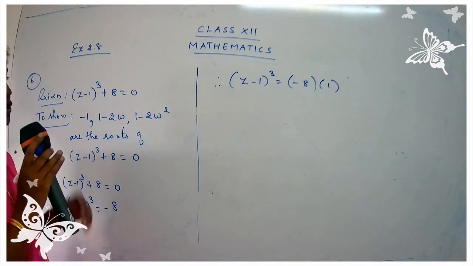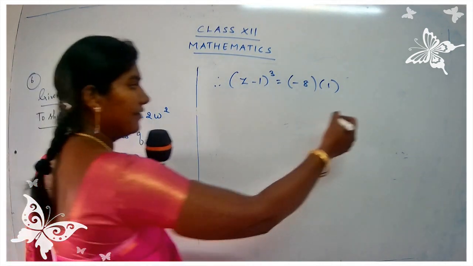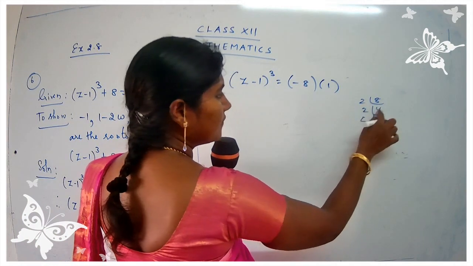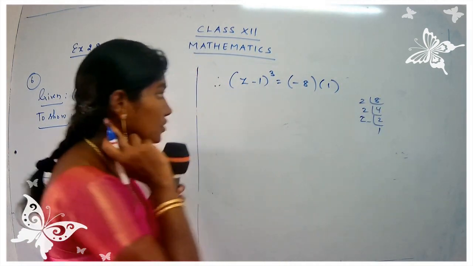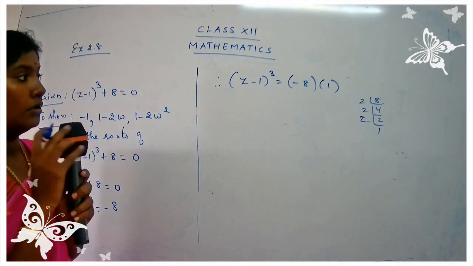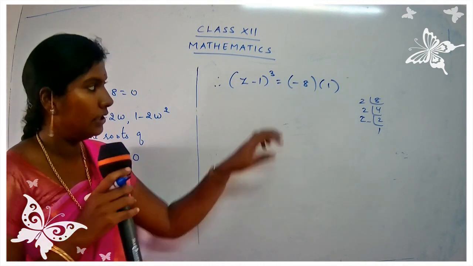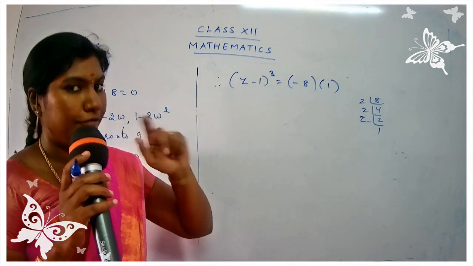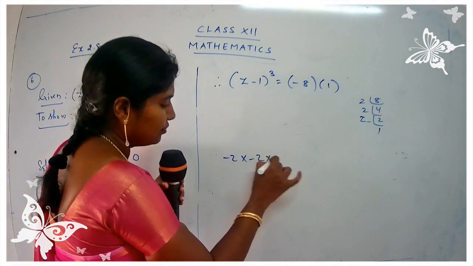Let's see. So what is the thing I told you? First of all, you are going to factorize 8. Let's factorize 8. What do you get? 2, 2, 2. 2 2s are 4, 2 4s are 8, and here 1. So now we have to write down this 8 in terms of power. Just remember one thing, children. Here you have minus 8. So don't get confused. You have to insert a minus sign. Minus 2 into minus 2 into minus 2.